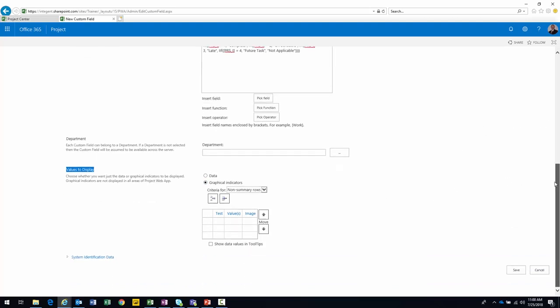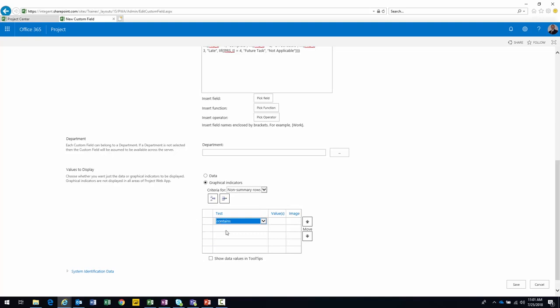Dashboards are all about, instead of evaluating the specific data points, you're evaluating colors and so forth to determine how things are tracking. How's your budget tracking? How's your schedule tracking? So we need basically 5 items here. I have 4. Let's put a 5. The tests here are going to be contains for every one of them. Okay. Now the values, and these are directly from up top, right? Okay. Complete, on schedule, late, future task, and then I think the last one,